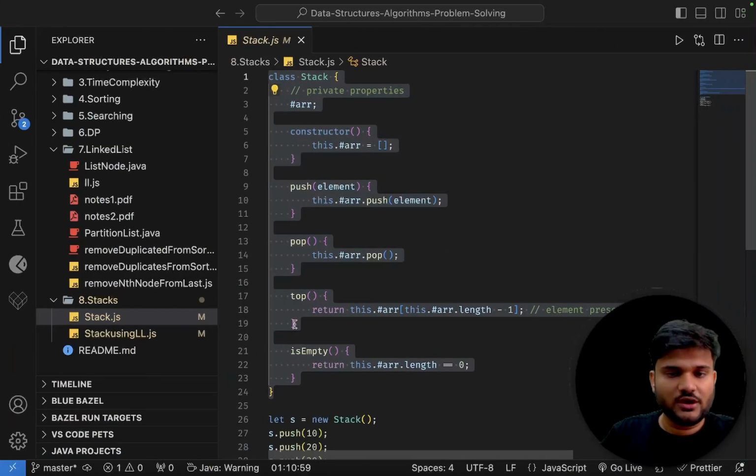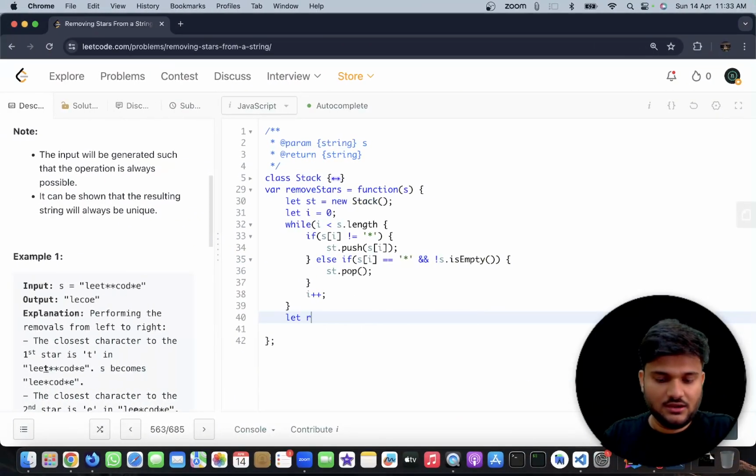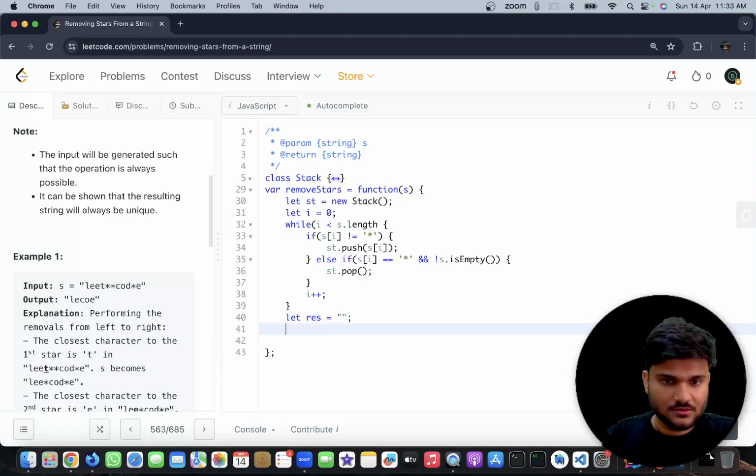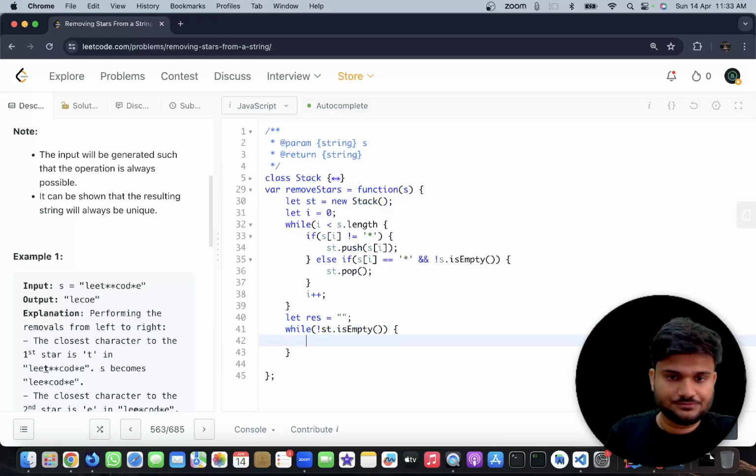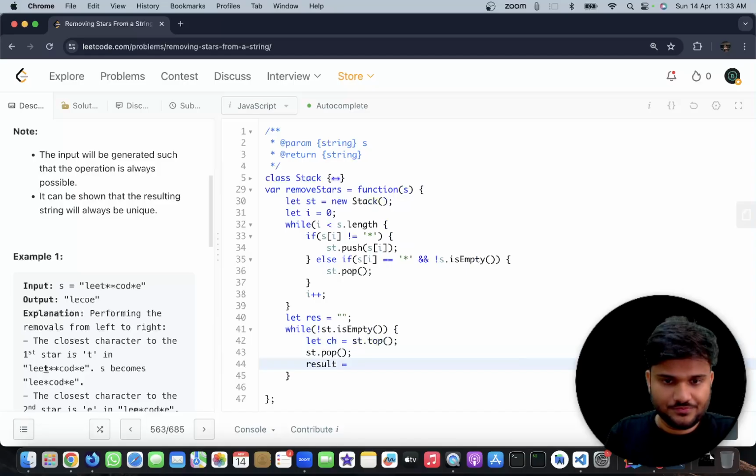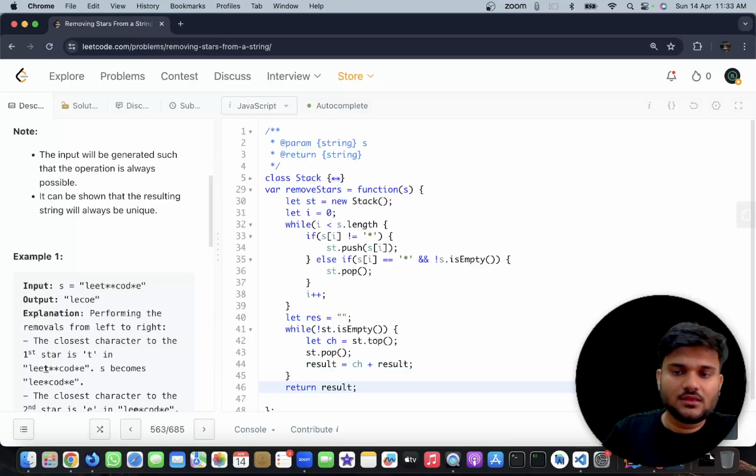And then only you will be able to add it. So what I can do is I can say let result is equal to an empty string. I'll say while not st dot is empty, till the time the stack doesn't become empty, what we are going to do is we'll say let character is equal to stack dot top, stack dot pop. We'll remove that character, and we'll say result is equal to character plus result, and then we can return result. Okay, if I run the code,